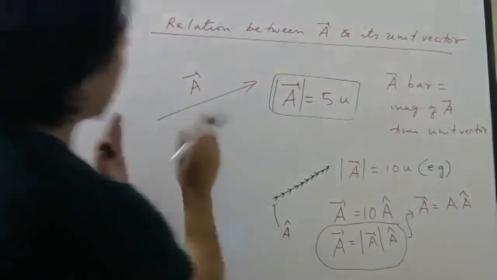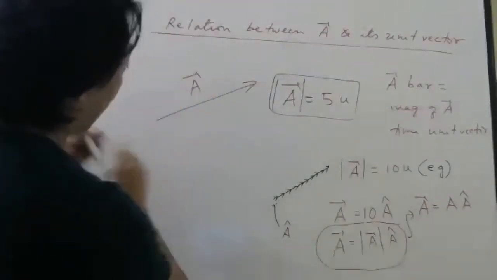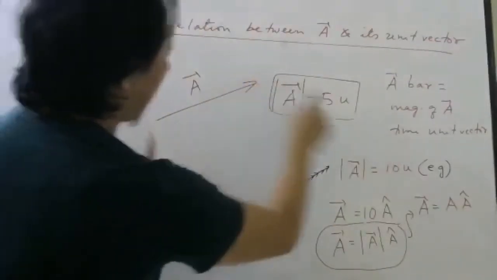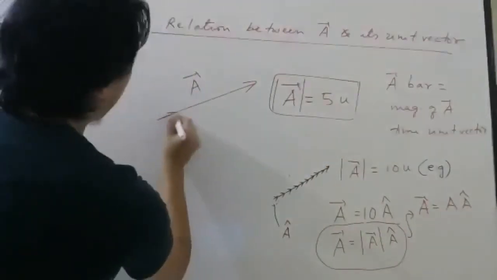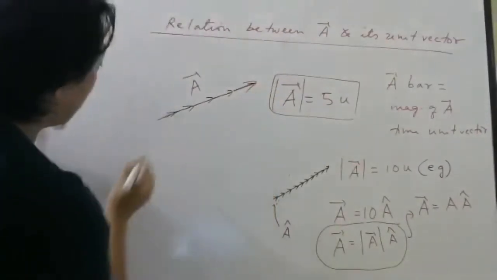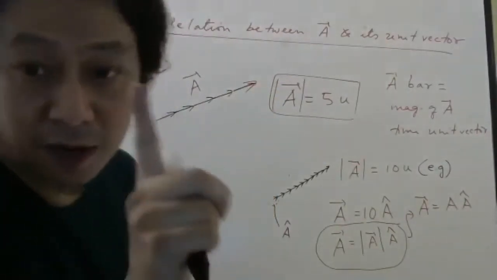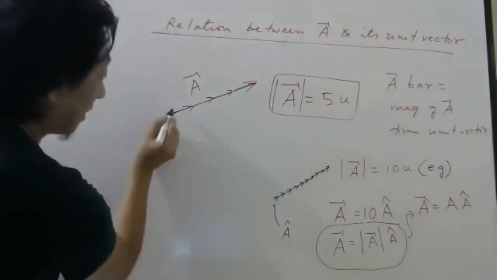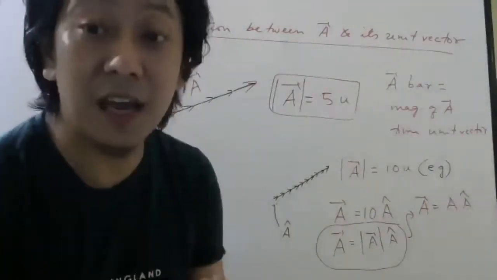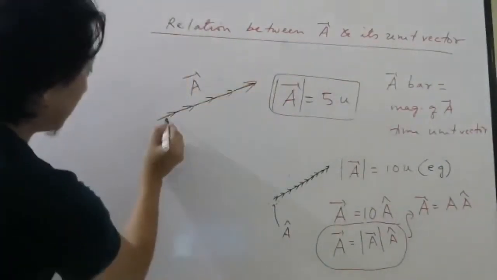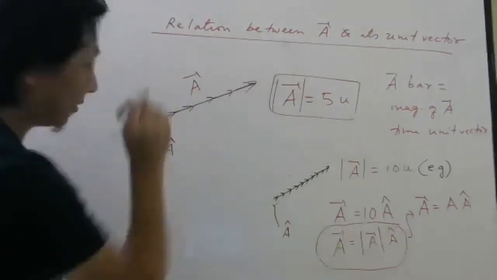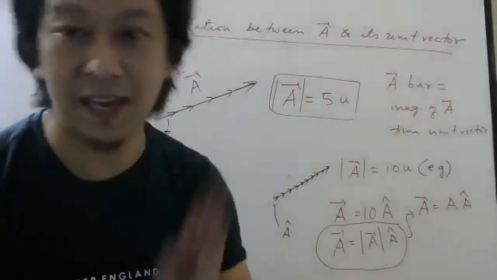So what can I do to find a relation between this vector and the unit vector in this direction? This is 5 units long. Let me divide it into 5 parts: 1 part, 2 part, 3 part, 4 part, 5 part. Then what will be the length of 1 part? The length of 1 part will be 1 unit. That means I can call it a unit vector in the direction of A bar. So since this is the unit vector in the direction of A bar, I can call this A cap. If you want to write some other cap also, it is allowed.